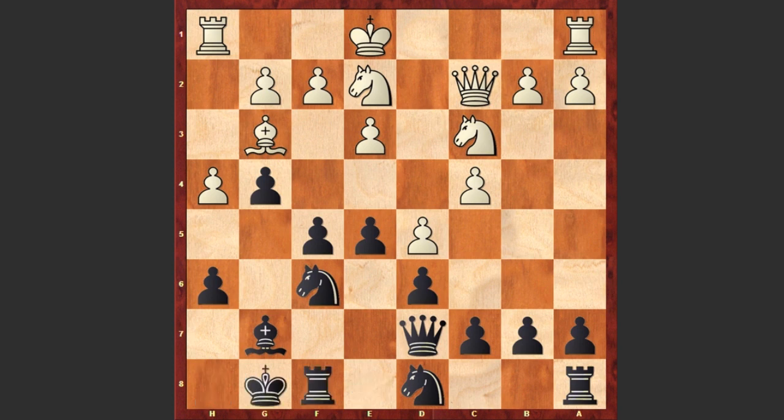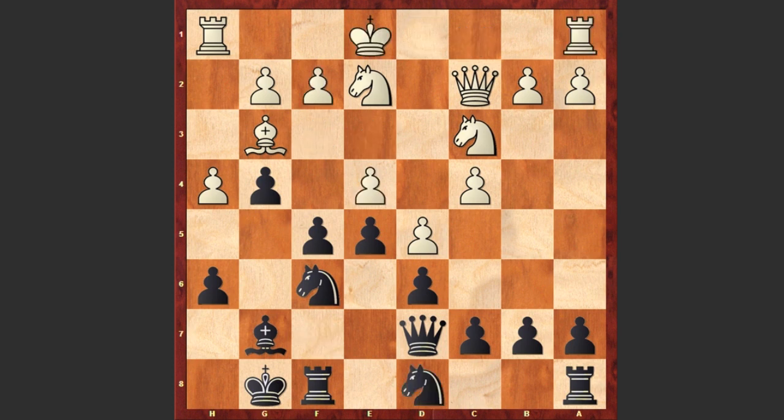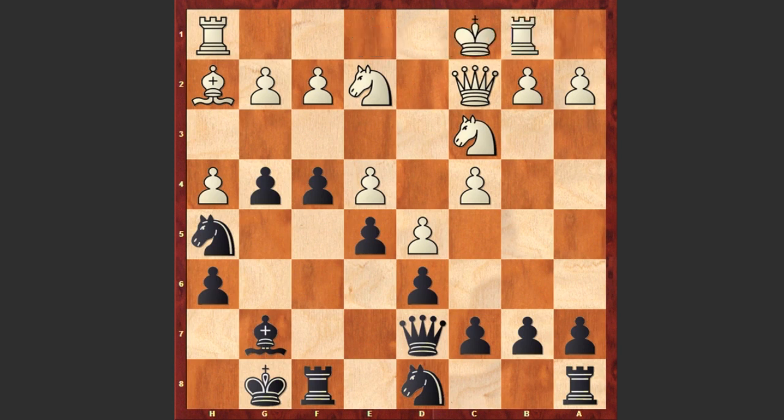A bit risky decision, but okay, no problem for black. e4, well actually f3 could make more problems for black. If knight f7 then castling queenside and then try to undermine black's pawns on the kingside, but after castling kingside we see e4, f4, black wants to keep the kingside closed, bishop h2, knight h5, white castles queenside, knight f7,